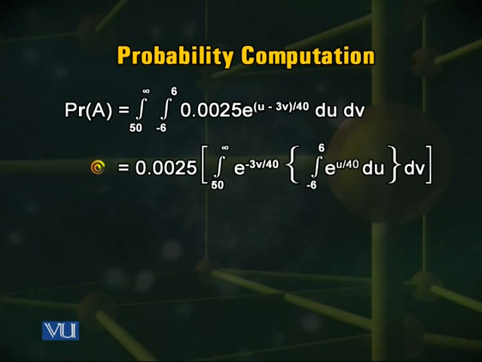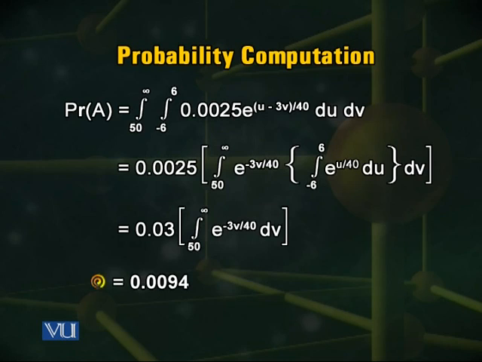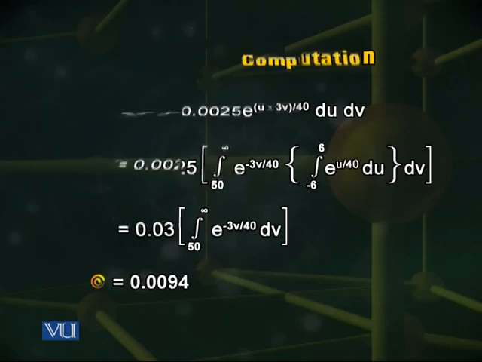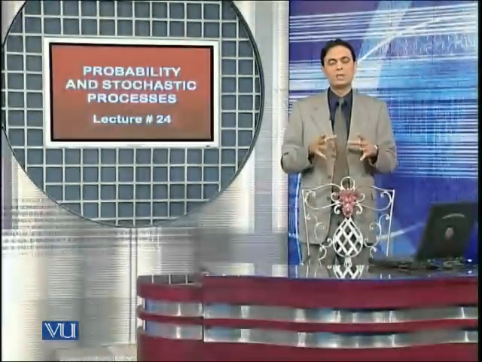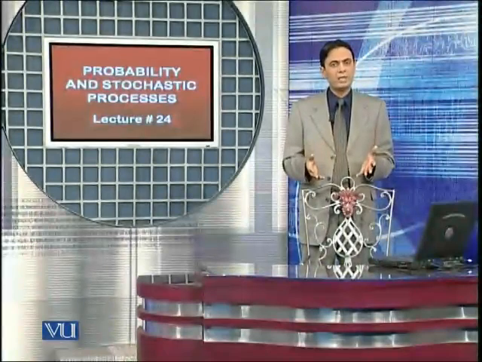And the integrand, the function to be integrated, is the joint PDF of U and V. If you take this double integral appropriately, you will get the answer to be 0.0094,